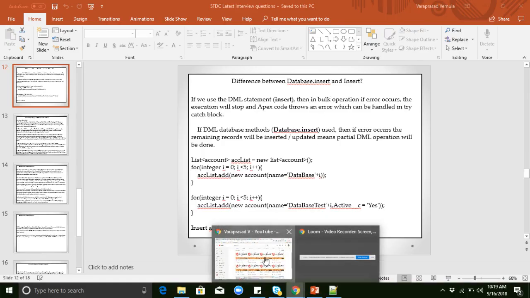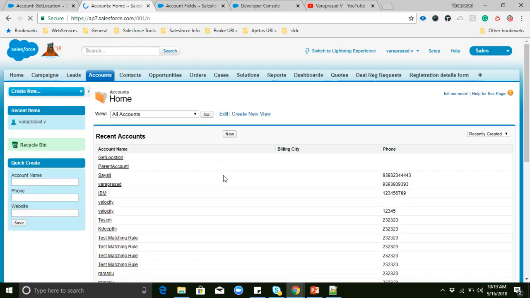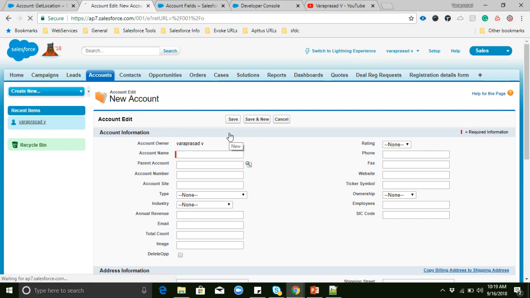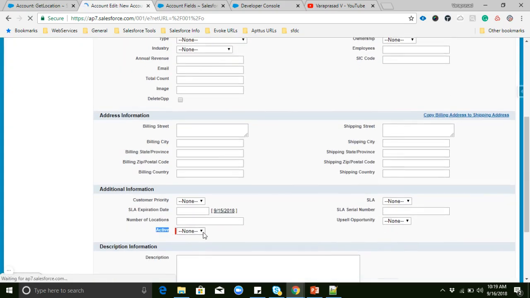I'm opening my Salesforce org here. In the Account object, I have many fields, but I have created one custom field called Active. Active is a custom picklist, and at the time of field creation I made this field required. Here you can see the red symbol.